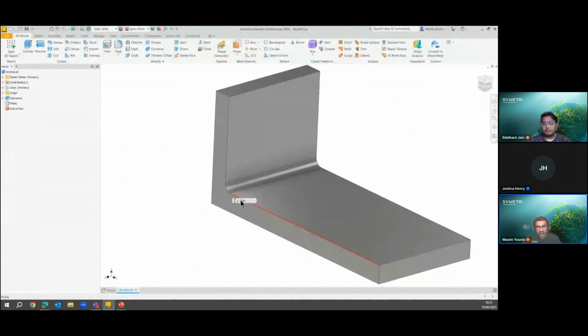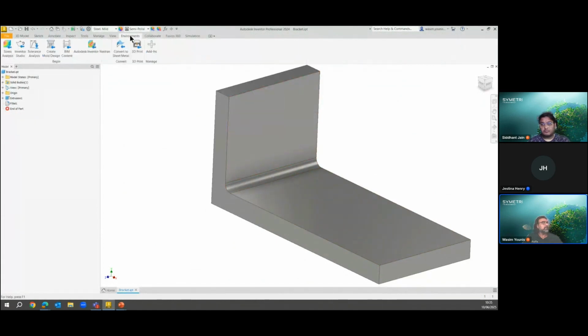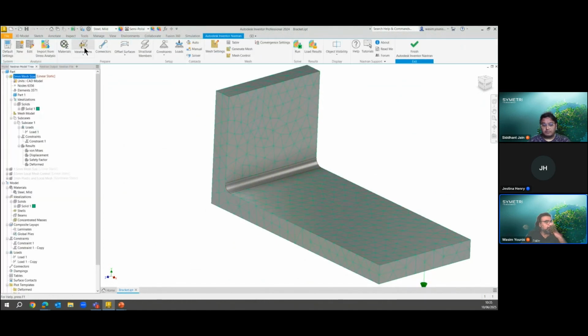Now, the fillet size has to be not too big, and if it's too small, it may not converge, but it has to be such that it does not affect the structural integrity. What I mean by that is stiffness. So if the displacement is the same with the fillet or without the fillet, then it's a good idea. Okay, so if I go back to my analysis now, I'm going to look at the results first